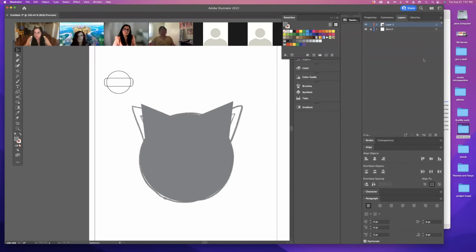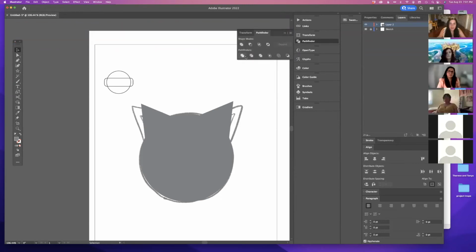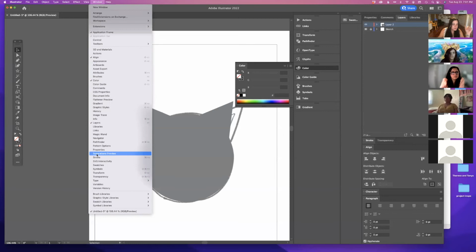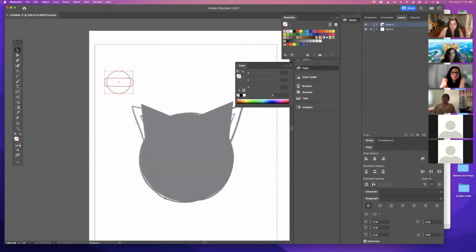Pathfinder tool, which is right here. So it looks like this. And the Pathfinder is a great way to divide and unite objects. The reason we want to be able to do that is to give things one color and be able to use things like gradients. Lost my swatches again. So I'm going to take off the outlines. And again, when I unclick this, it looks like one object, but it's actually 2.